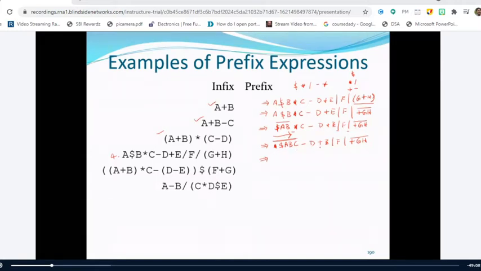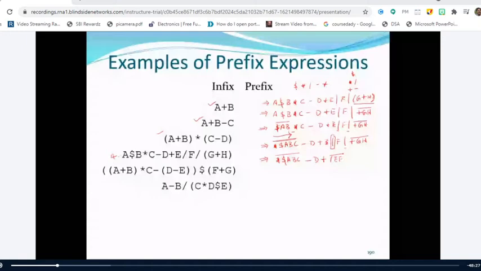Now in this expression, we have 2 division operators, this one and this one. Both division operators have equal precedence, and the associativity is left associative. Therefore, this first division has to be solved first. Now tell me the expression. It becomes star dollar abc. Don't forget to put the overline here. Minus d plus, and since this division operates on e and f, we write division ef. Is it right or not?